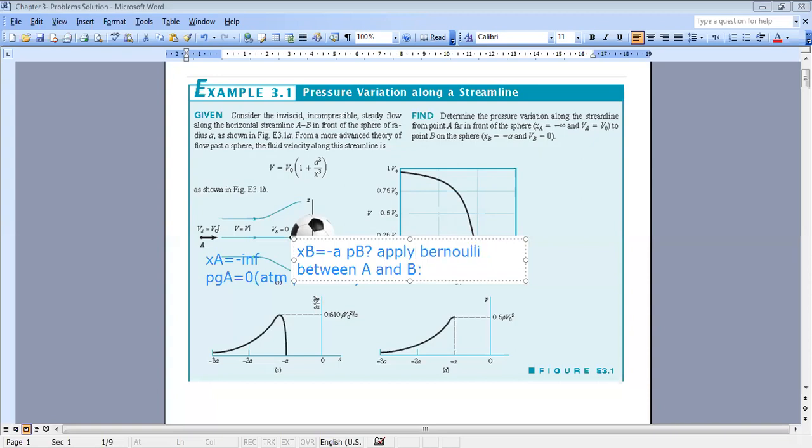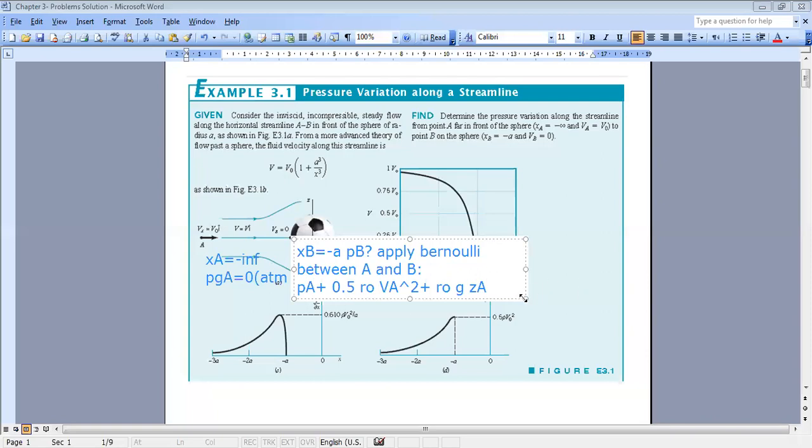It states that pressure at point A, plus half rho V at A square, plus rho G times the elevation of A,